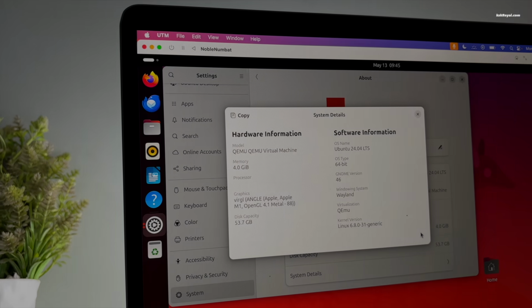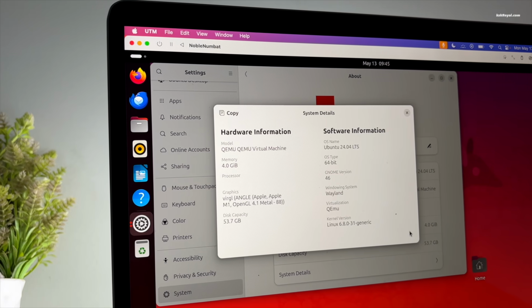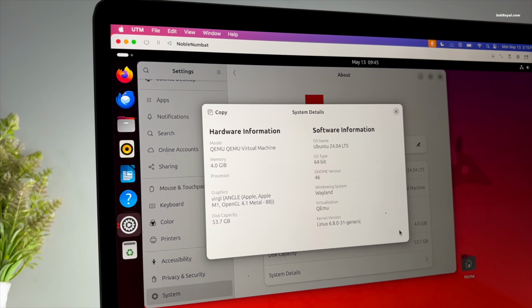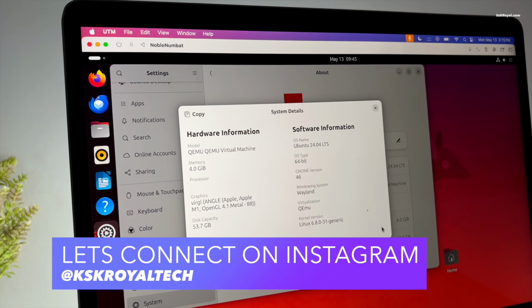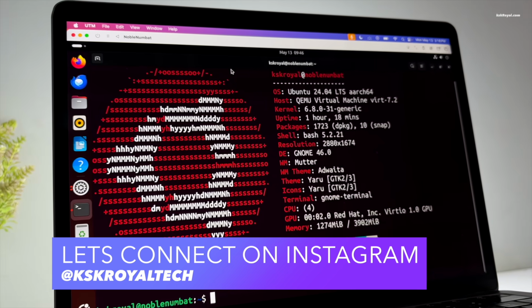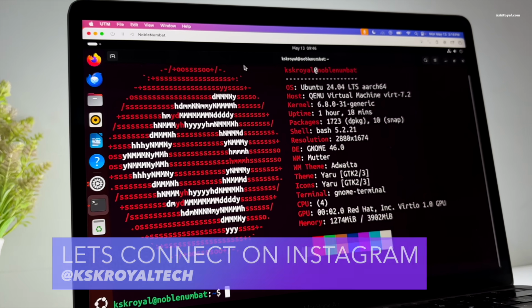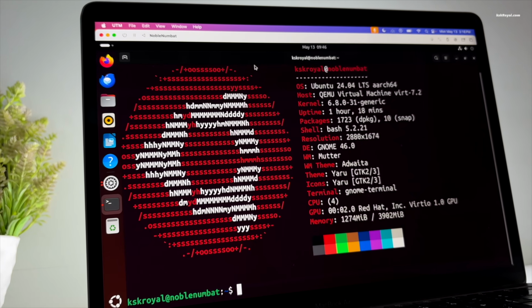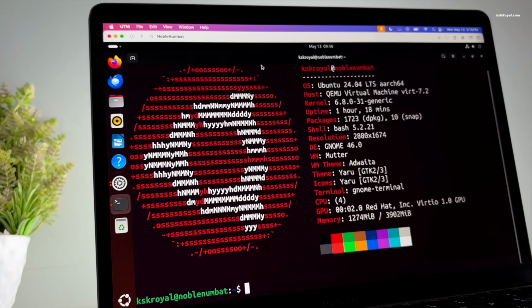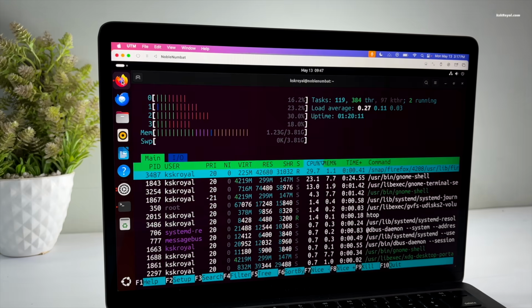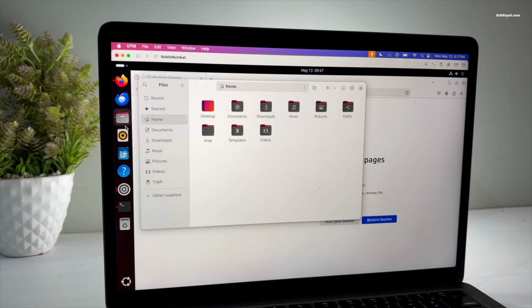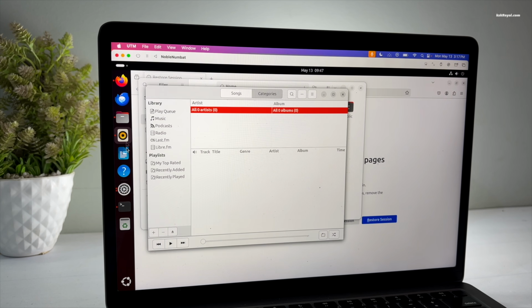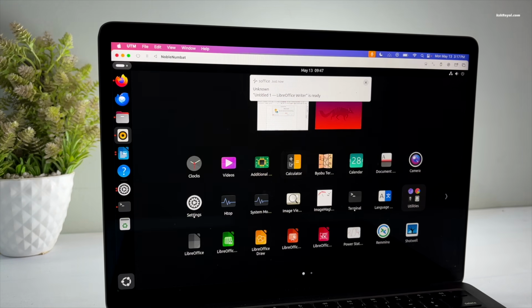In this video, I'm going to show you how to install Ubuntu 24.04 LTS ARM64 desktop on M1, M2, or M3 Apple Silicon Macs using UTM. With UTM, you can run Ubuntu 24.04 inside a virtual machine with hardware OpenGL acceleration on any Apple Silicon Mac. Unlike Intel, Apple Silicon allows virtual machines to achieve bare metal performance. But thanks to UTM, which allows running ARM64 operating systems on Apple Silicon at nearly native speeds.